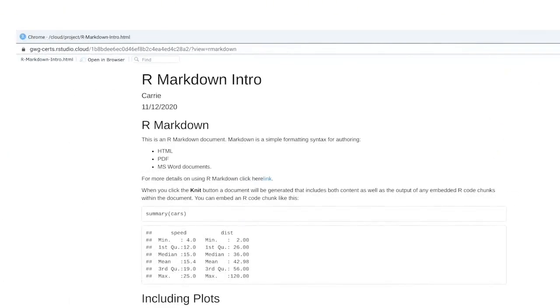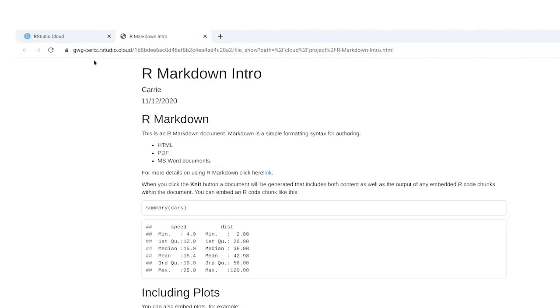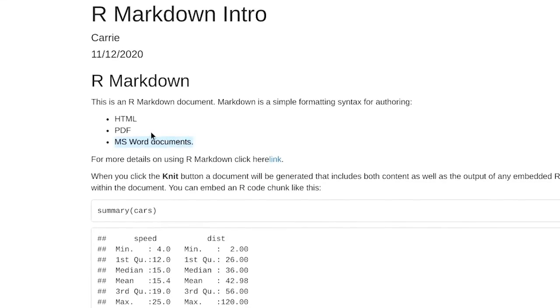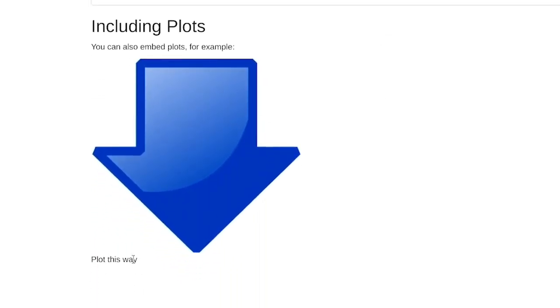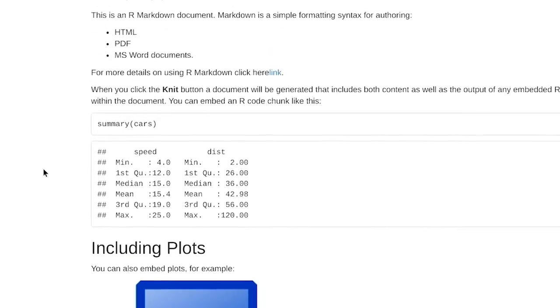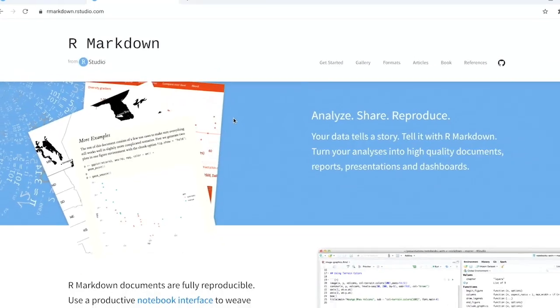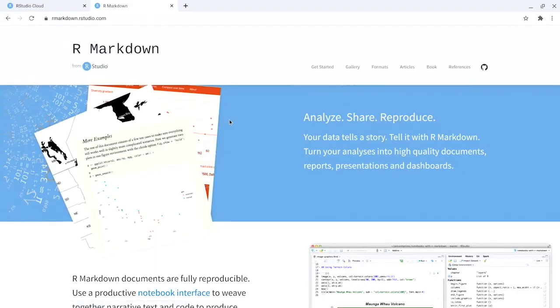We'll view it in our browser. That way, when we click the embedded link, it opens up in a new tab in the same browser. Here's our bullet points and our image and caption. And here's our embedded link, which we can click to open the website. And there's lots more ways to format an RMD file to get it ready to turn into a complete, organized,